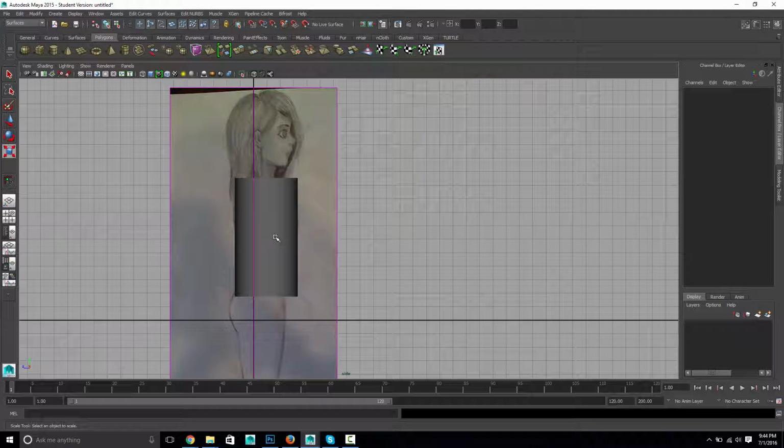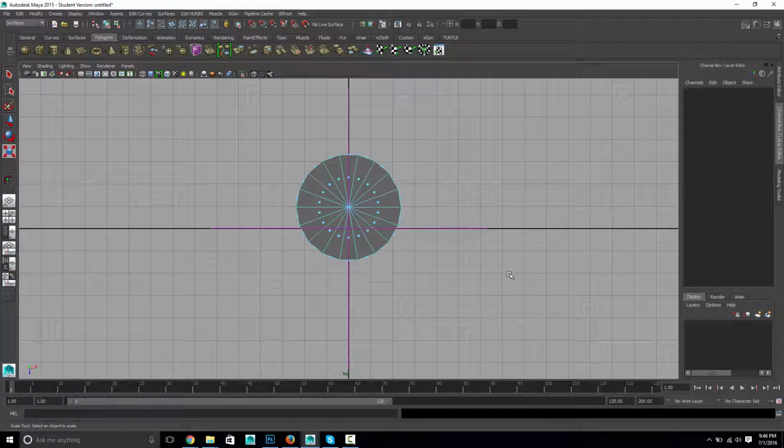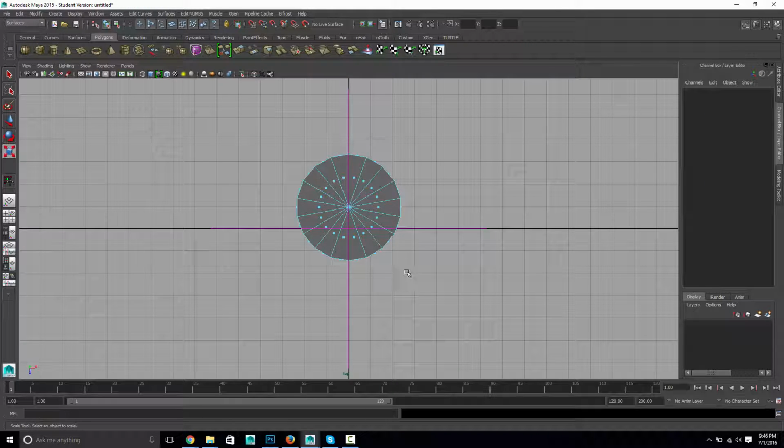Okay. And we wanted to delete off half of it, so let's try this from the top, would be better. I can see from the way I've set this up that I can't select exactly half of this, so I think what I'll do is just rotate it 90 degrees in the Y, like so. I can just type in 90 here too. And now you see I can more easily select half of that, so right mouse click, face, and